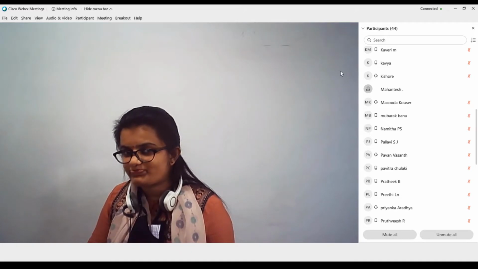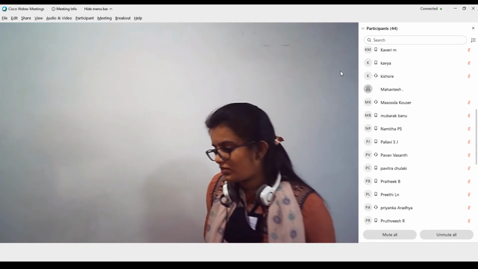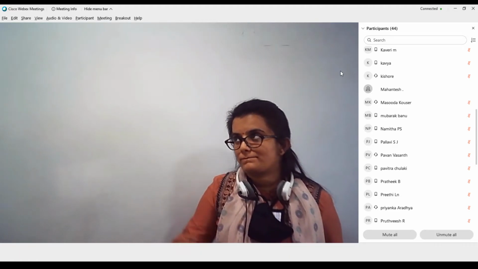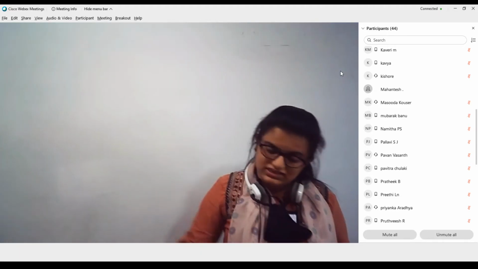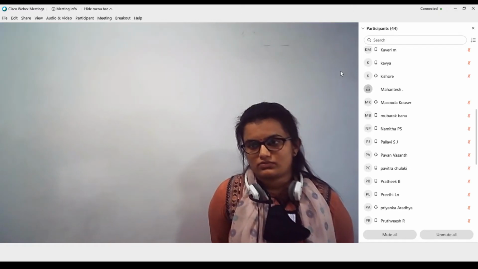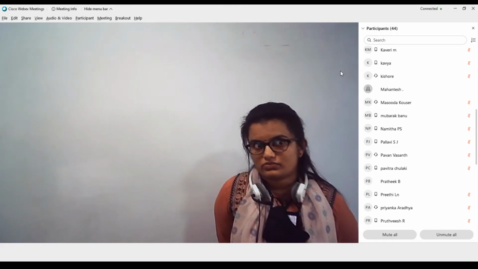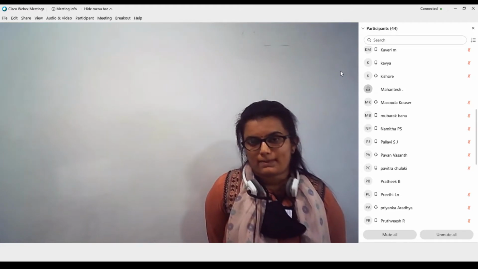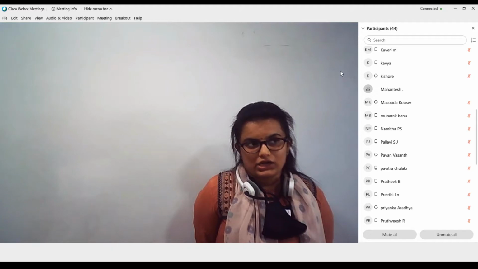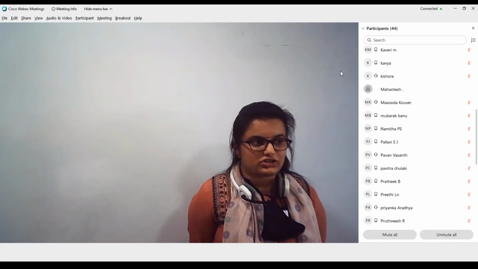Ma'am, when we code the alphabet which is repeating, it will have a specific memory location, right, ma'am? Yes, exactly. So it will have some lookup table sort of a thing. But when we are coding alphabets which repeat twice or thrice, then that location will miss out, right, ma'am? Then the information will be lost. No, it's not like that.